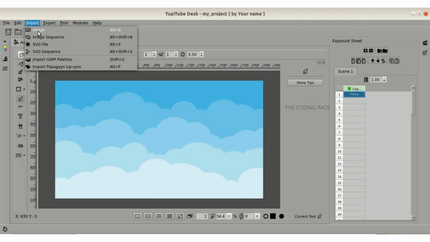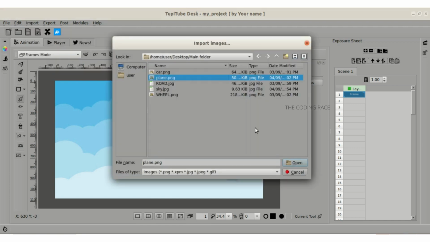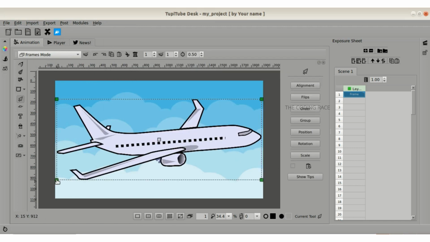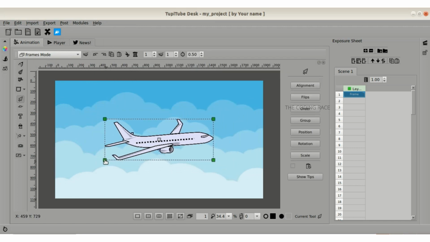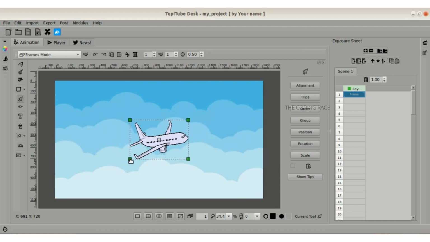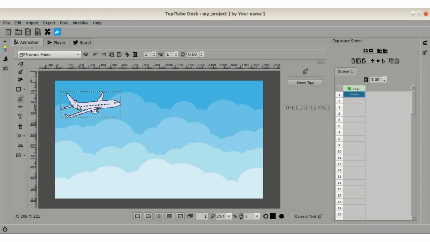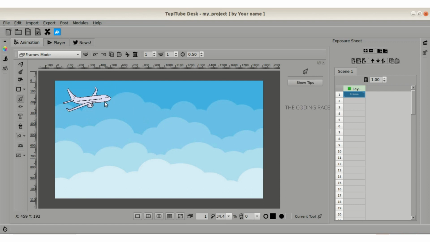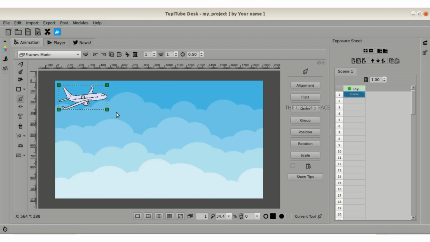Then next we want to import our plane. Okay, and I'm going to place it here. Okay, then